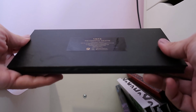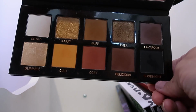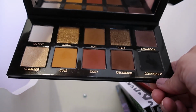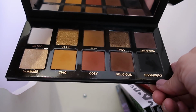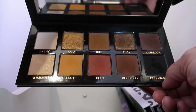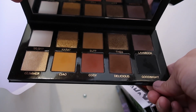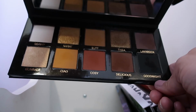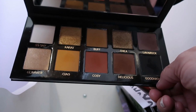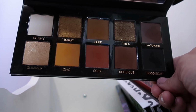Okay, next up we have the only palette that I have from Vive. This is called the Essential palette. This is my favorite neutral palette. These are neutrals. Even though you have a pop of yellow and a pop of, let's say, it's not a red, it's not a pink, it's more like a terracotta. This is gorgeous, beautiful, beautiful, and amazing quality. I really love this Vive palette. So glad I have it. This is one of my favorite neutral